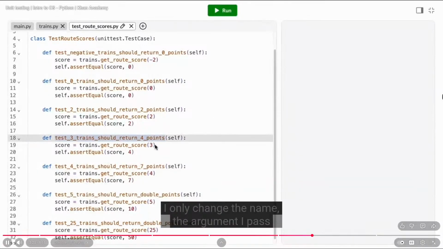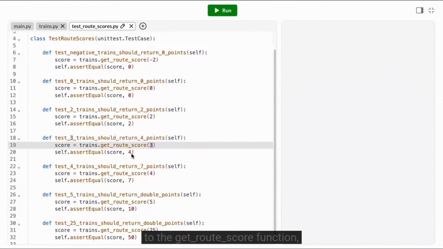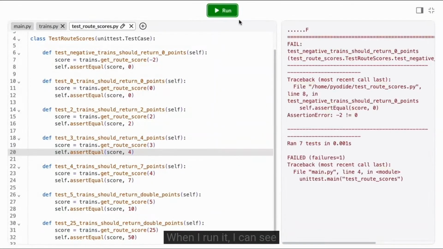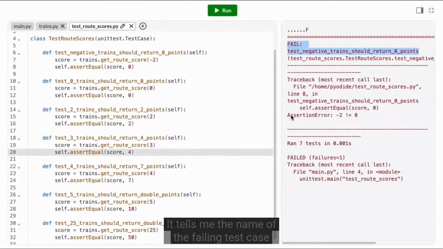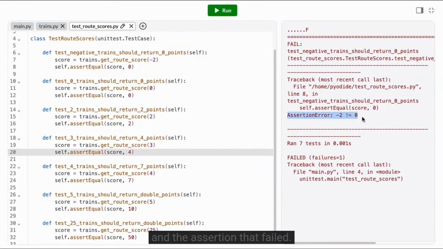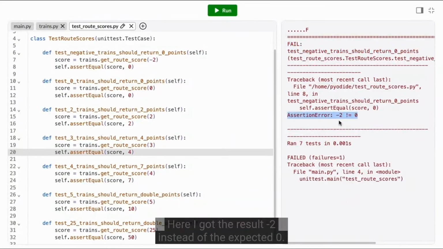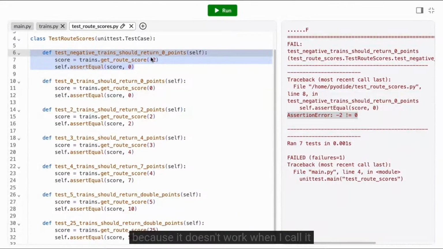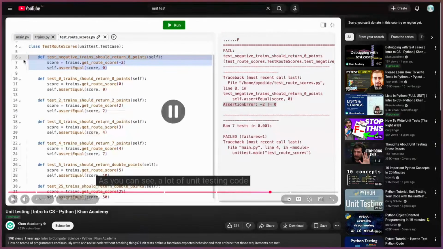I only change the name, the argument I pass to the getRouteScore function, and the expected result I compare to. When I run it, I can see that one of my test cases is failing. It tells me the name of the failing test case and the assertion that failed. Here, I got the result -2 instead of the expected 0. So I know my function must have a bug somewhere, because it doesn't work when I call it with a negative argument. As you can see, a lot of unit testing